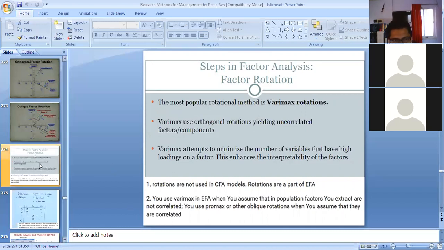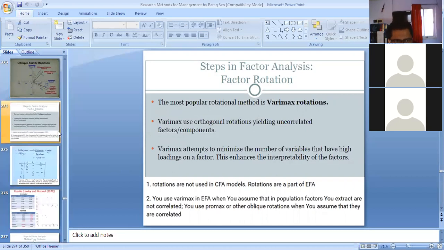Okay, so you can understand that factor rotation is a part of the exploratory factor model, but it is not done in the case of the confirmatory factor model. Why? Because this is quite natural. In exploratory factor analysis, your intention is to extract the factors.